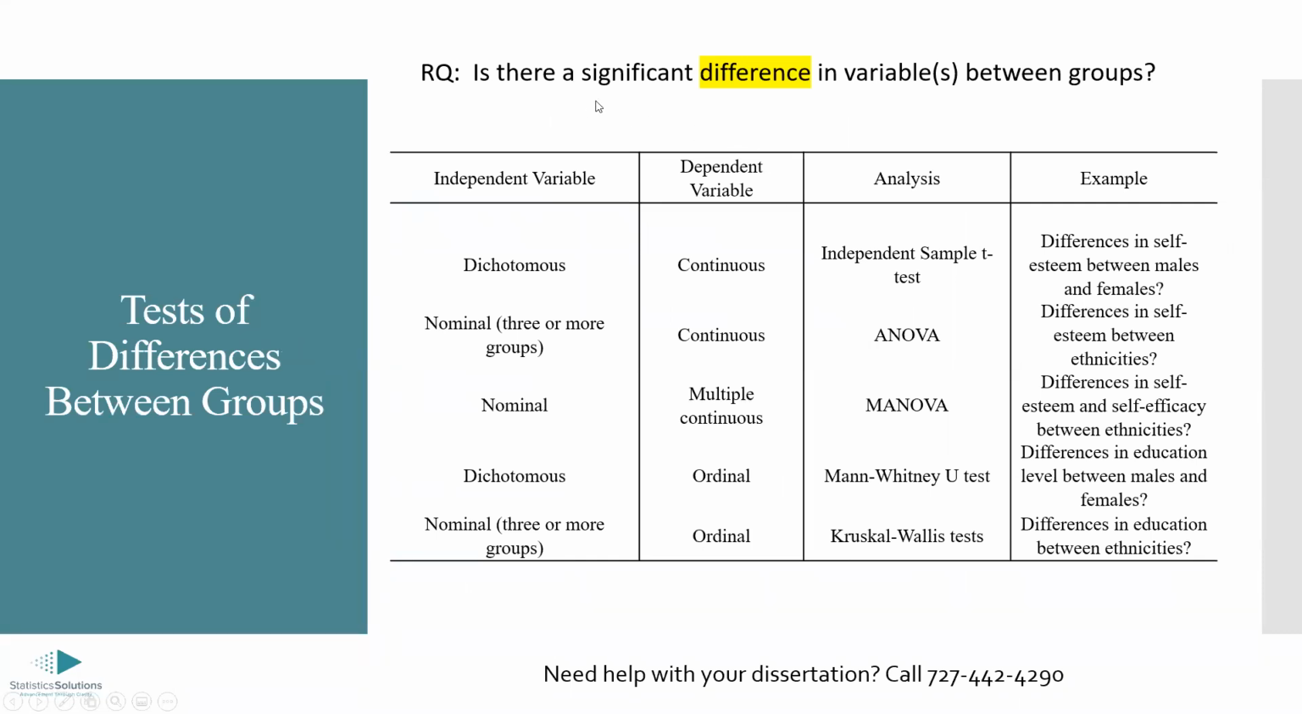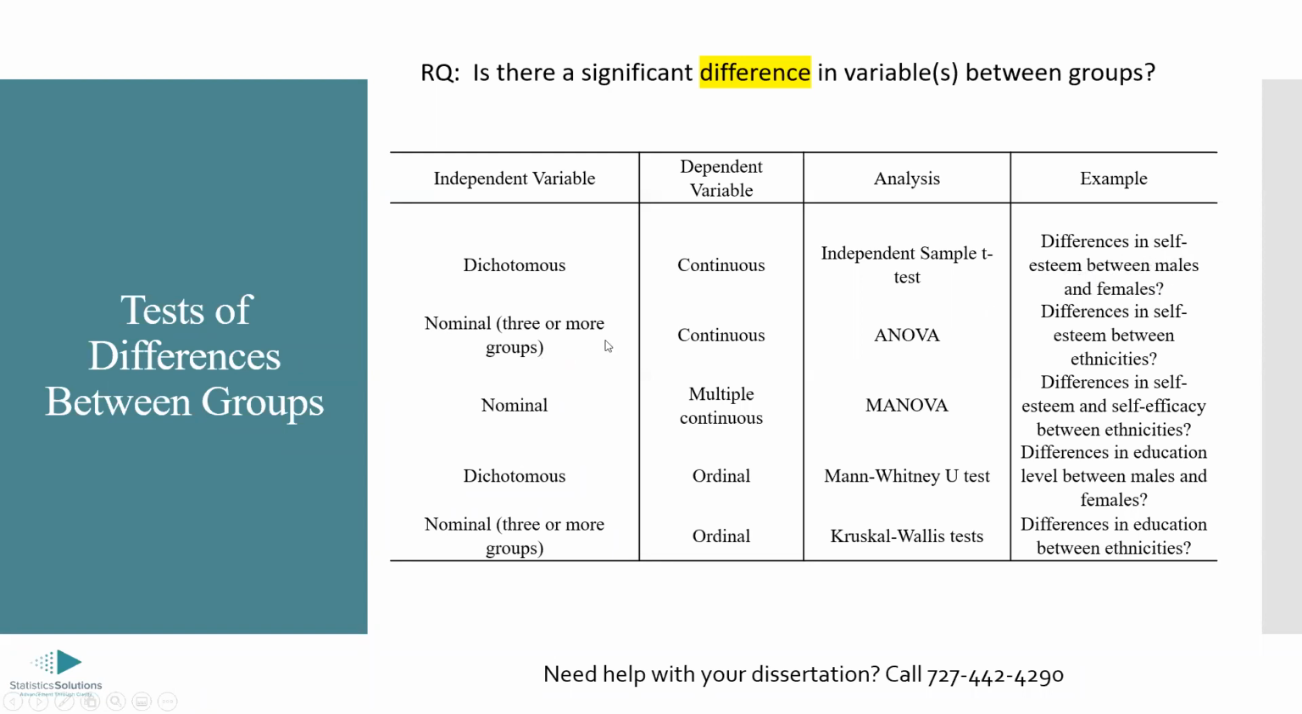Here we get to differences. Okay, so this is the key word, not predict, but is there a difference in a variable or variables between groups? So if you have a continuous dependent variable and you're looking for differences by a dichotomous variable, meaning just two possibilities, you do an independent sample t-test. Okay, so are there differences in self-esteem between males and females? Because self-esteem is going to be continuous and gender, we're designating to male or female, then you do an independent sample